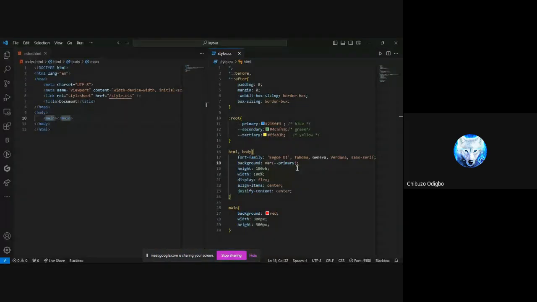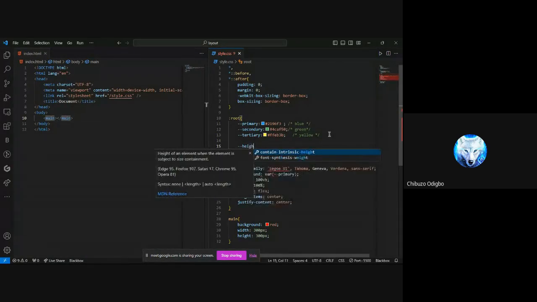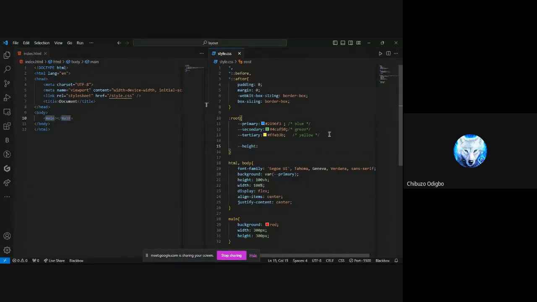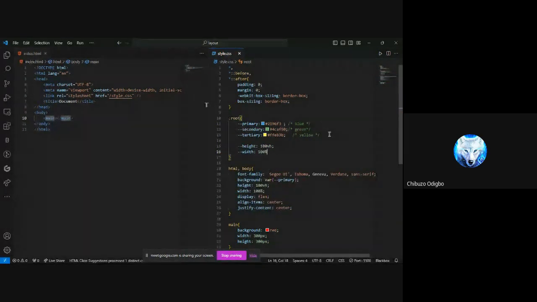It's not only colors that can be stored in variables. Now let's say you're going to be using height and width, and you're going to need something to calculate these values with. So you can say that your height would be 100vh. Let's declare it that way. And then you say that your width would be 100% by default. And then you come and change these into their respective variables. You now say var height, and then you change this one to